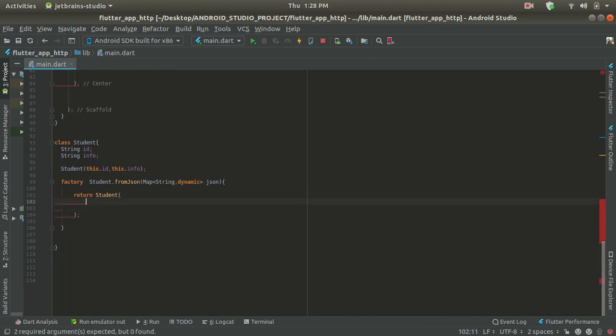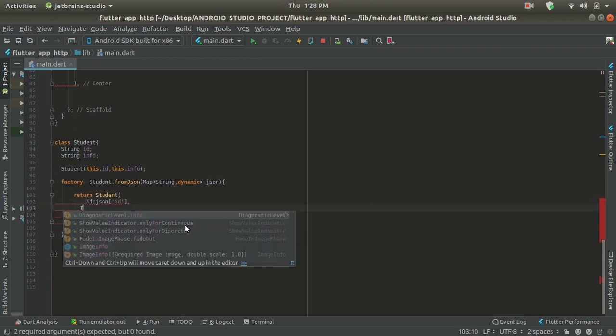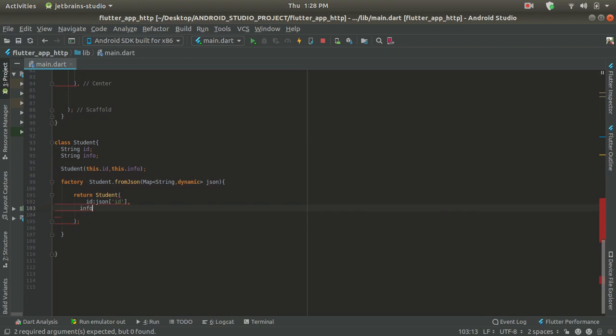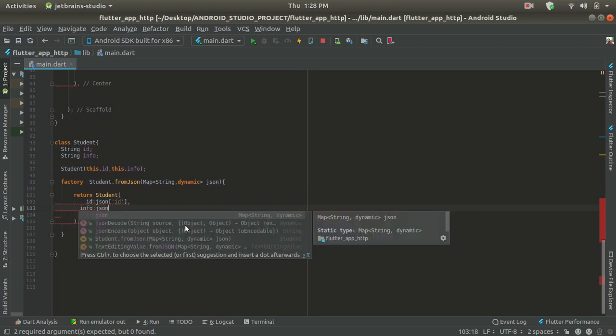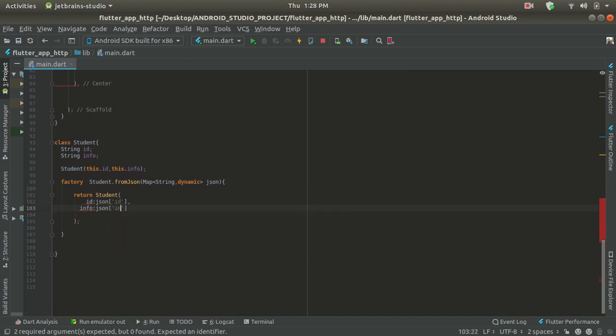Here we have to assign id a value json of id. After that we have to assign info as a value of json, and here we are going to use info.